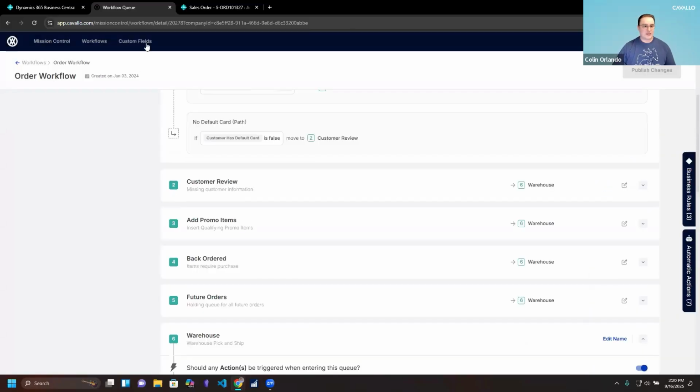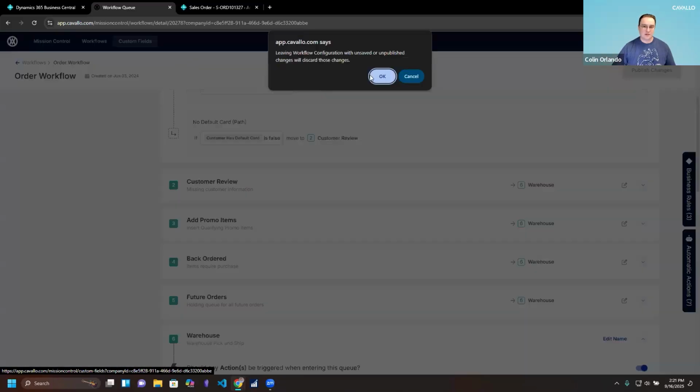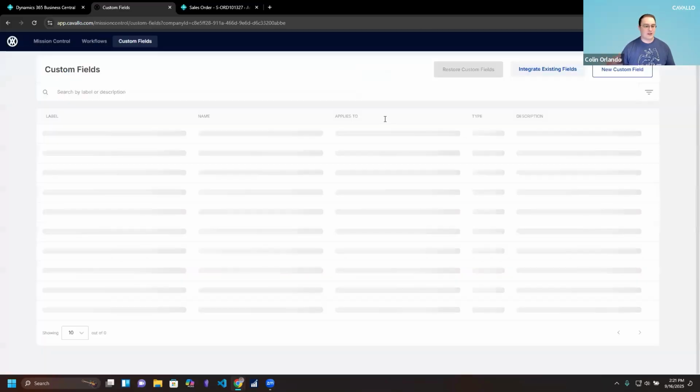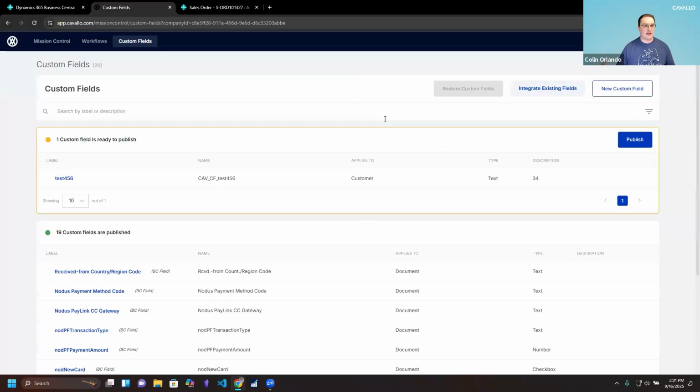Last but not least, when we talk about tailoring the workflow to a business, we have custom fields. Again, Great Plains or SalesPad users know these as user-defined fields, UDFs, or extender fields inside of GP. When we're talking about Business Central, we know them as custom fields. And out of the box with Business Central, you would need to write some code to actually have these fields be applied inside of Business Central.